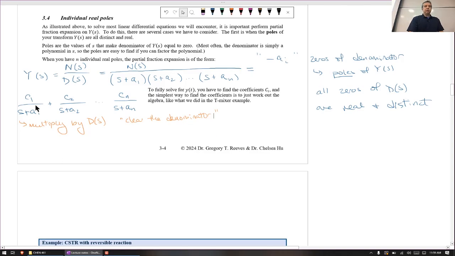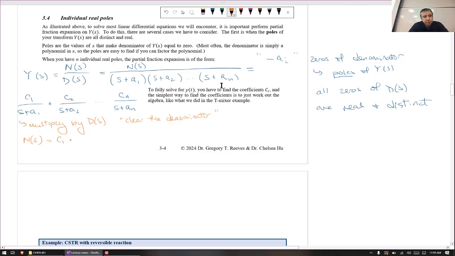So this partial fraction expansion is a constant over s plus a1 plus another constant over s plus a2. We want to get rid of all the s plus a's in the denominator here. So I'm going to multiply by this whole denominator, which is the product of all the binomials. Multiply both sides of the equation by that. And what we end up with is our numerator, n of s, by itself on the left-hand side,